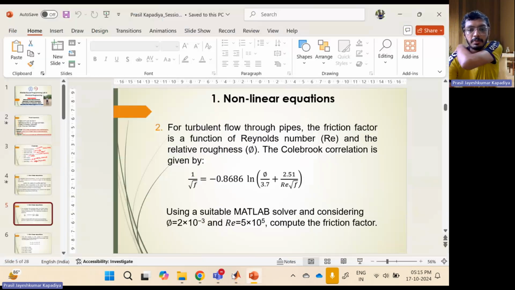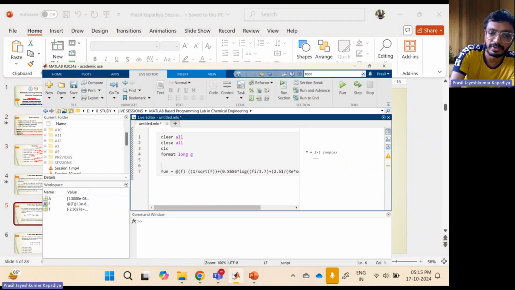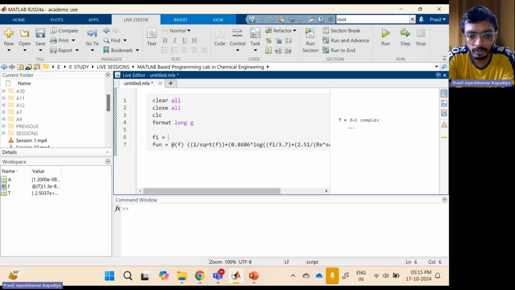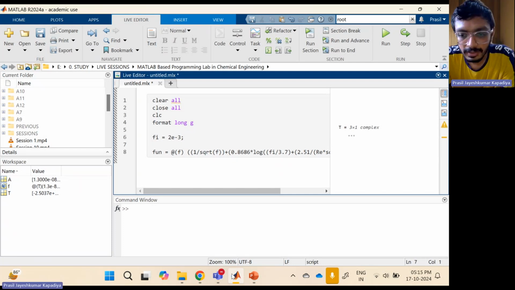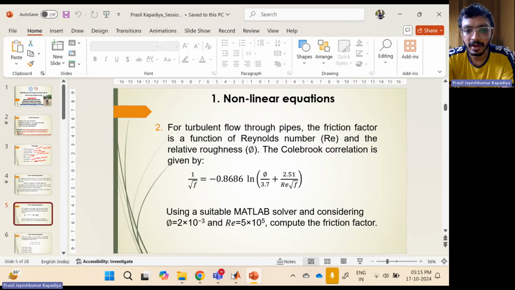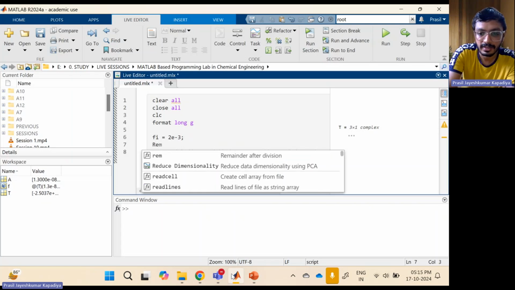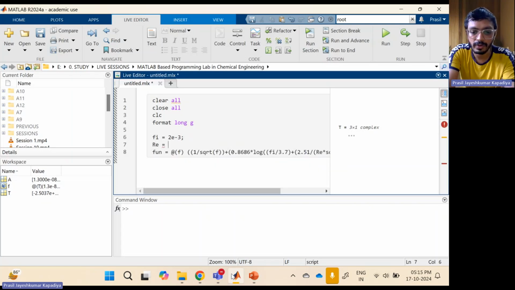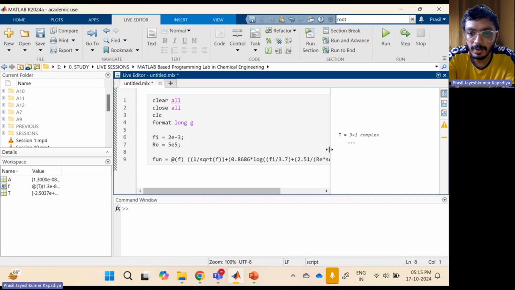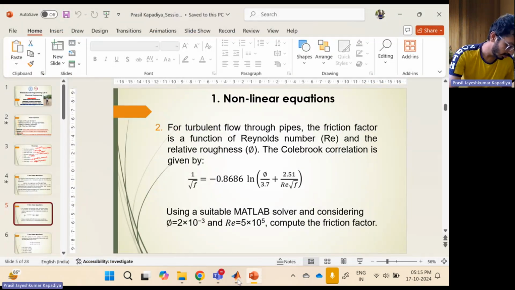Okay, so we are given some input that phi is equal to 2 into 10 raised to minus 3. So I will write phi is equal to 2 into 10 raised to minus 3. Correct? Then my second input is RE is equal to 5 into 10 raised to 5, 5e5. And this is my function I have written. So I just have to use